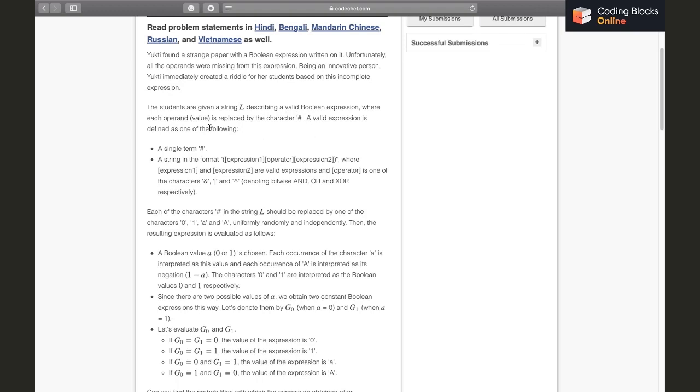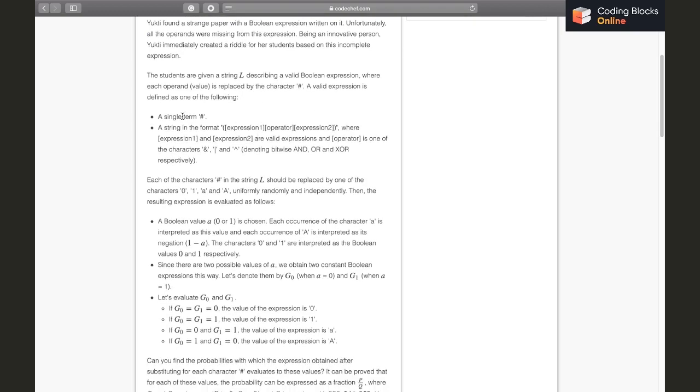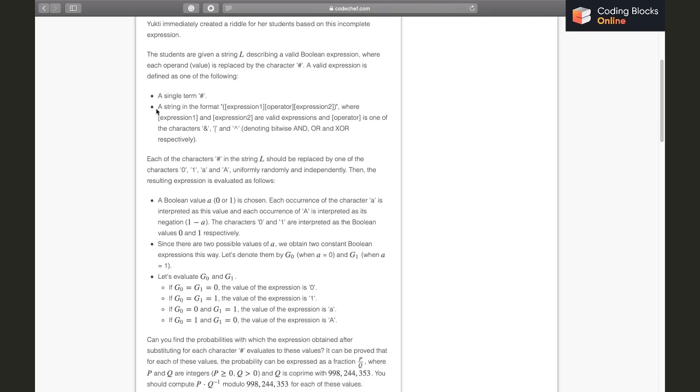A valid expression is defined as one of the following: a single term hash, or a string in the format (expression 1 operator expression 2) enclosed in parentheses, where expression 1 and expression 2 are valid expressions.